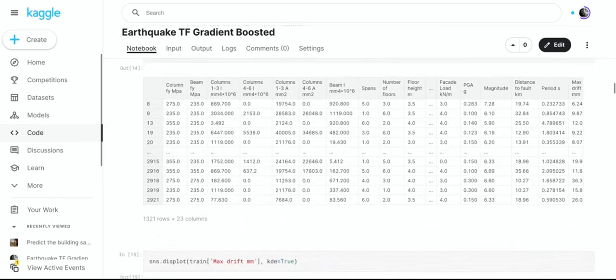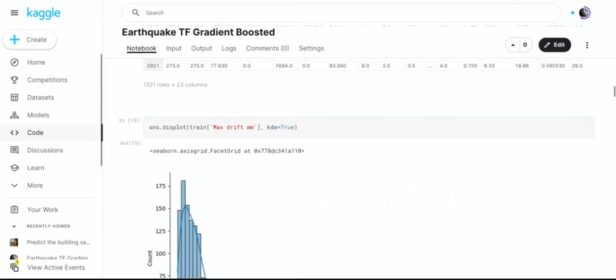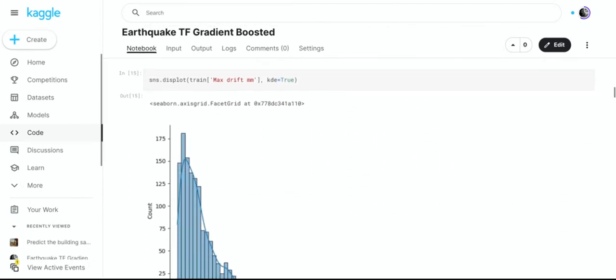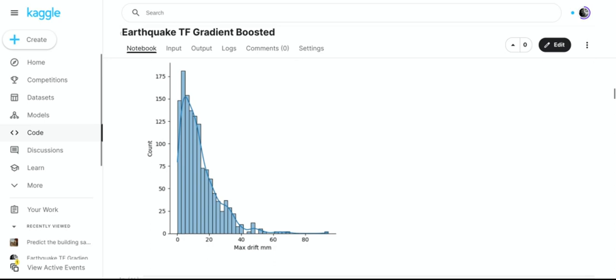So we filtered it out, and now we check it again with SNS displot, and you can see that the distribution looks different because you don't have as many examples anymore.